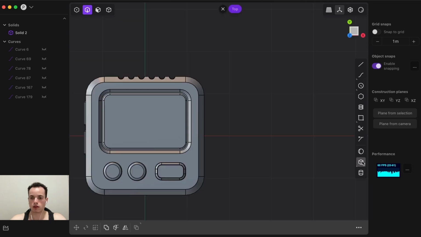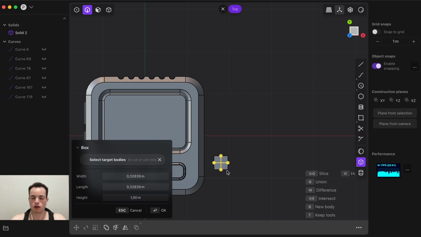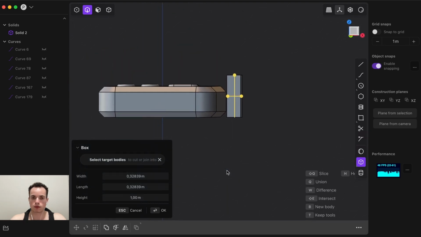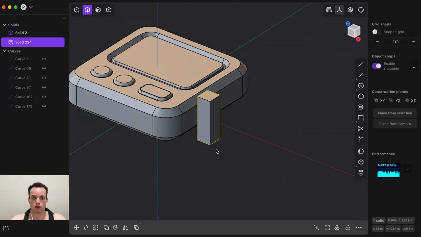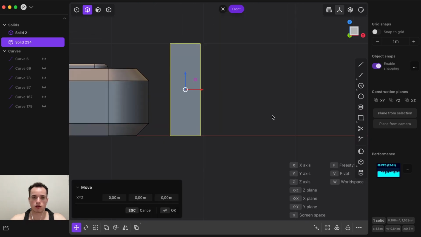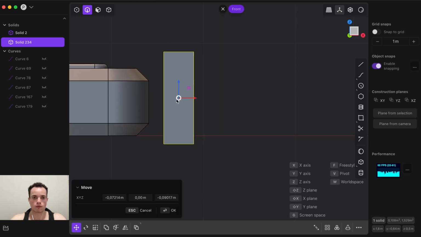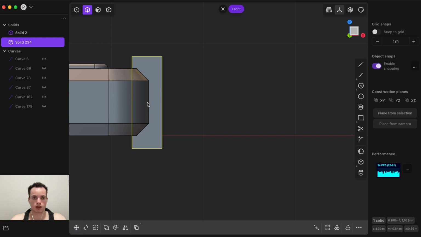So I can get corner box here, here, like maybe like this, enter, then go on the side, move like this, enter,